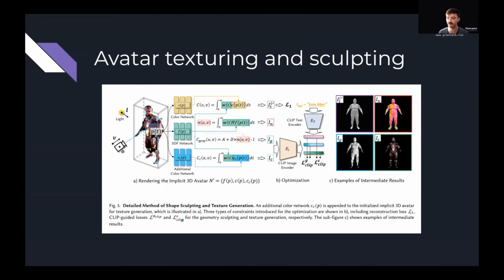While the model could add textures to a coarse figure, it really couldn't make any substantial changes to the geometry of the figure in just the SDF and color network mode. To add the capability for sculpting changes to the volume of the mesh and colorizing these parts, the authors appended an additional color network to the initialized implicit 3D avatar so that they can do texture generation. And we can see here this additional color network below. And each of the color networks works with the SDF network